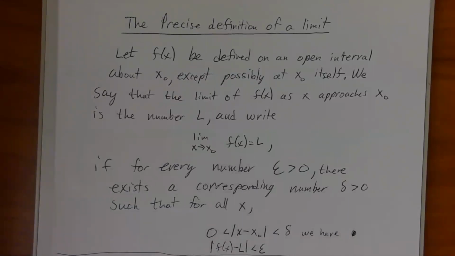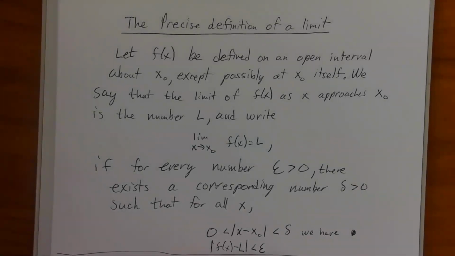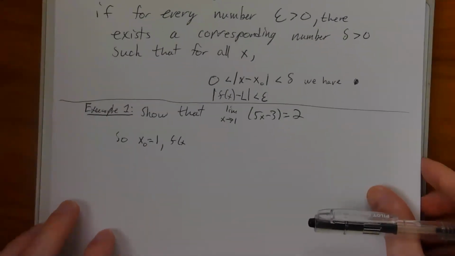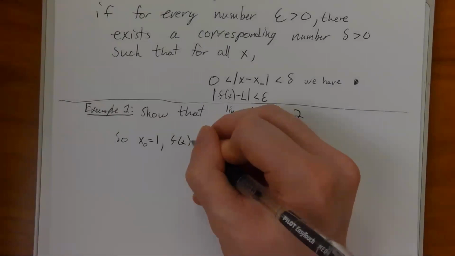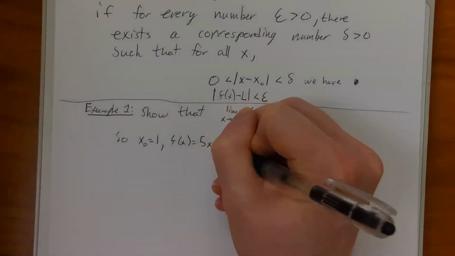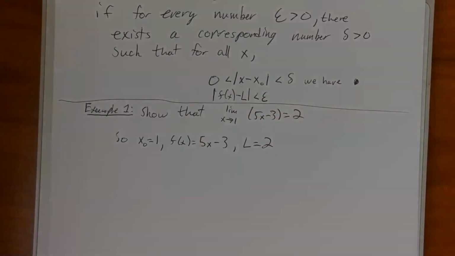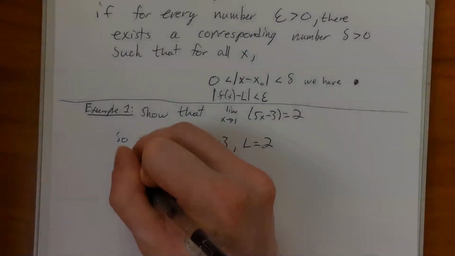So we're going to do several examples and a couple of proofs. Let's start with our first example, and that is to show that the limit as x approaches 1 of 5x minus 3 is equal to 2. So here, x naught is equal to 1, f of x is equal to our function, 5x minus 3, and L is 2. So what must happen is for any given